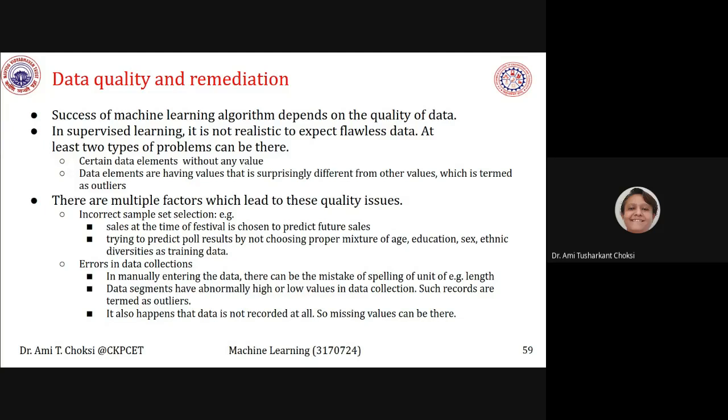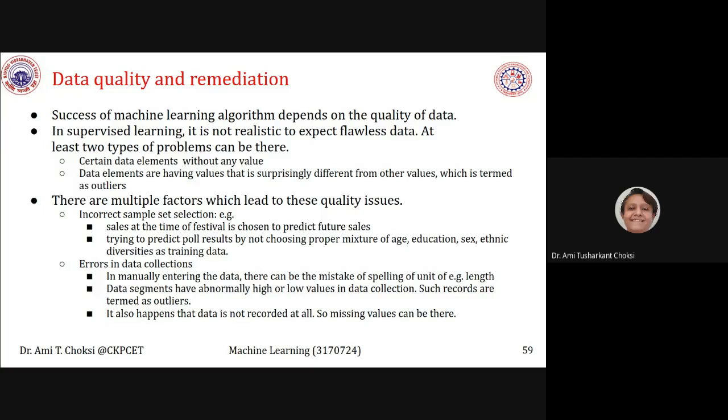And if we have chosen that as our sample data, and from that we are predicting, then you can definitely say we will be able to predict wrong things, isn't it? Because the sample we have collected is of a particular festival, where typically the sales is high. So if we are taking such a thing, then definitely it is going to give us the wrong result. But if we have taken a mixture of the time of the data, then we could be predicting the right result, isn't it?